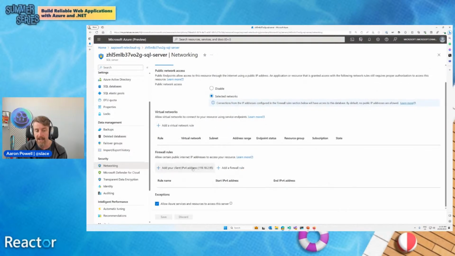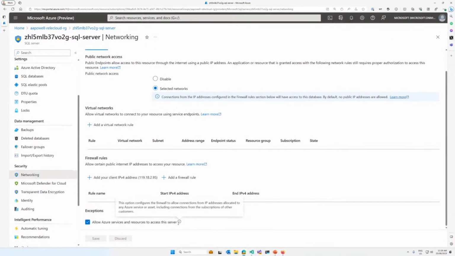Now I can add my IP address here if I want to be able to connect to it, because right now I don't actually have the ability to sign into that. We do have an exception enabled here so that Azure services are allowed to access this server, provided obviously they then have a connection, like a managed identity, or they're coming in with the connection string for that. So